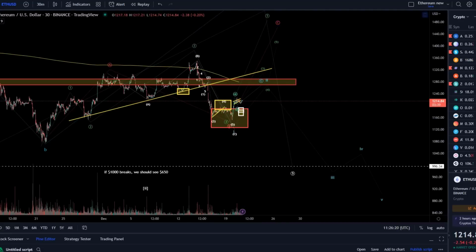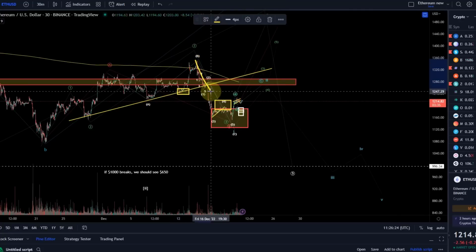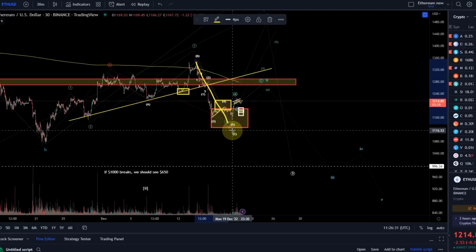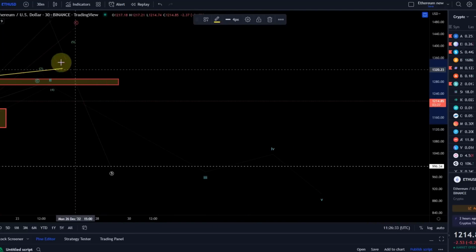Okay, so, but even if we are in the bearish count, then the count would be we came down in 5 waves and we are now moving higher. So the move down in 5 waves would have been a wave 1. You see it down here highlighted in blue. I'm gonna zoom in a little bit.